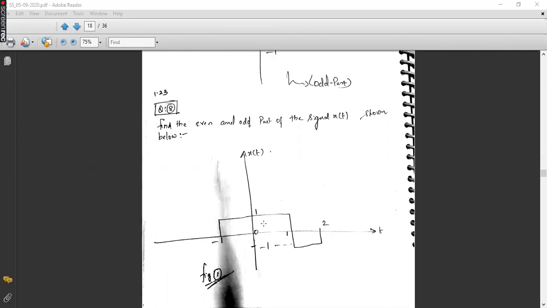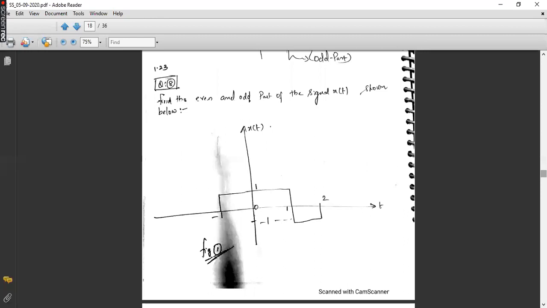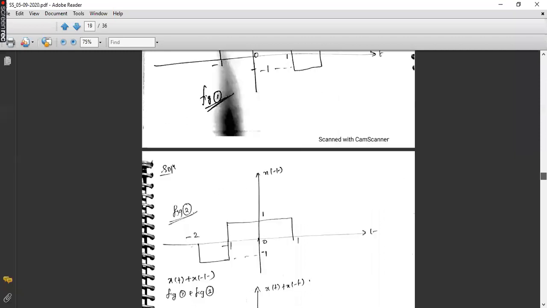So for that, first of all, we have to plot x of minus t. Okay, x of t is already given. First, we need to draw x of minus t, means time reversal. So how we are going to plot x of minus t? Whatever we have at the left hand side of the vertical axis, you will put to the right side, and whatever we have at the right side of your y axis, you will put to left side without changing the amplitude. Amplitude is 1 and -1 at the positive and negative y axis respectively. Okay, so same waveform we are drawing in x of minus t, but the only difference is we are taking the mirror image.